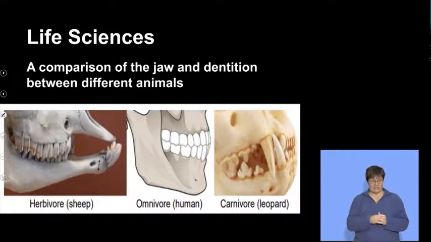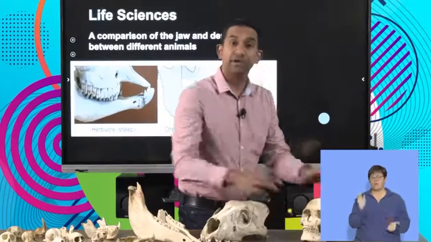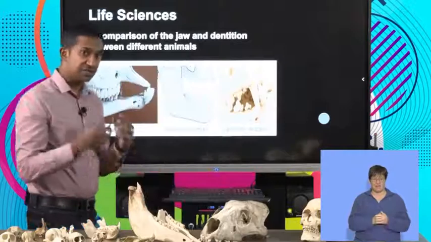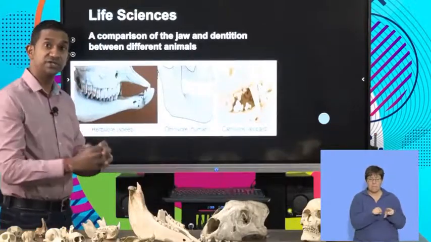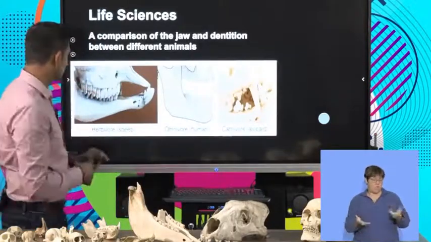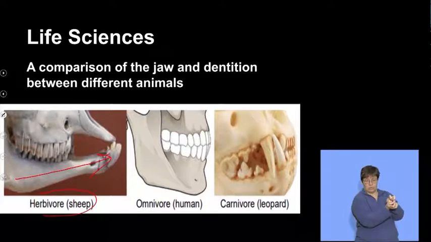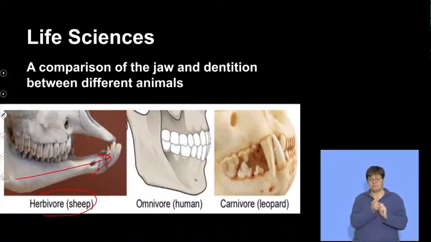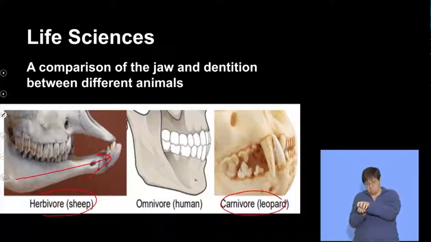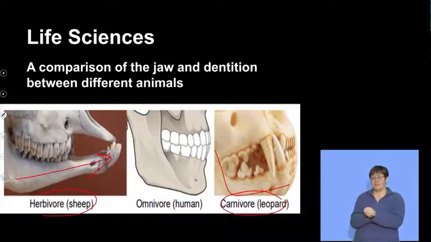Finally, guys, as we wrap this up, it's important that we compare the jaw structure, not just in terms of the teeth, but also in terms of the length of the jaw. We notice that herbivores generally have an elongated jaw. We also mentioned that their ability to open their jaws, in terms of width, is significantly smaller. On the other extreme, we've got carnivores that have a shorter, lower jawline,